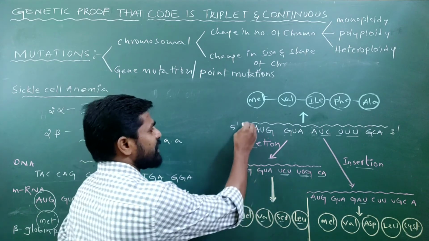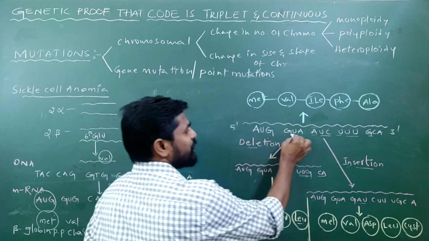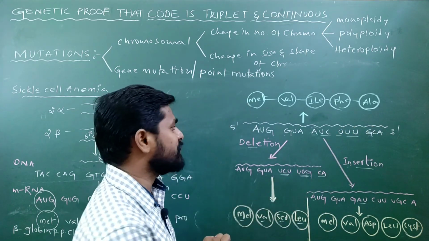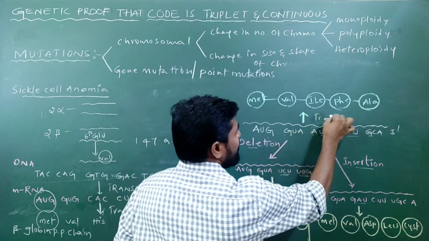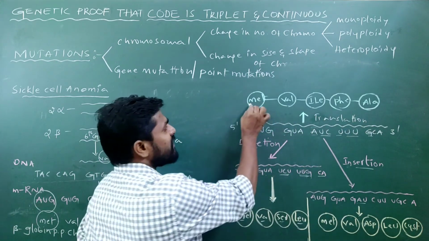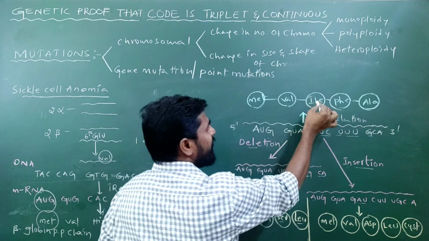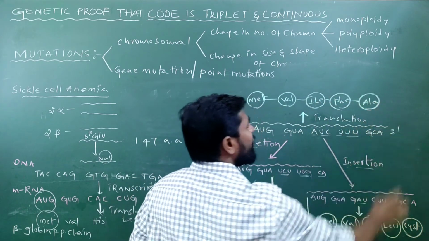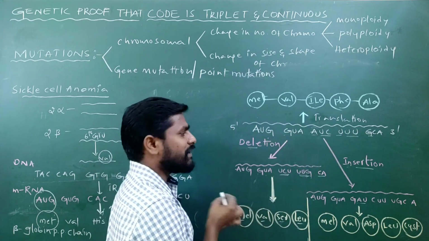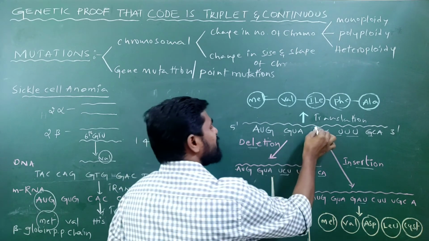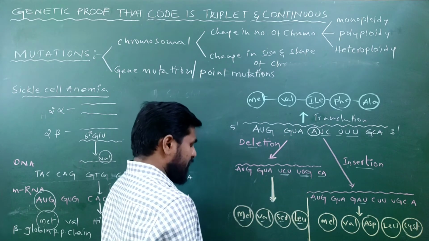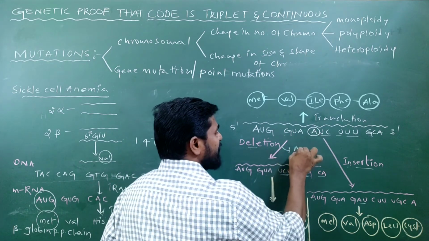So this is the mRNA molecule having the sequence of triplet codons like this. If this mRNA molecule, without frame shift mutations, undergoes translation, it would produce a polypeptide chain having the sequence of amino acids like this: methionine, valine, isoleucine, phenylalanine and alanine. If this mRNA molecule undergoes a deletion frame shift mutation, then what happens? For example, here I am taking this adenine nucleotide of this third triplet codon on mRNA. If this adenine gets deleted,